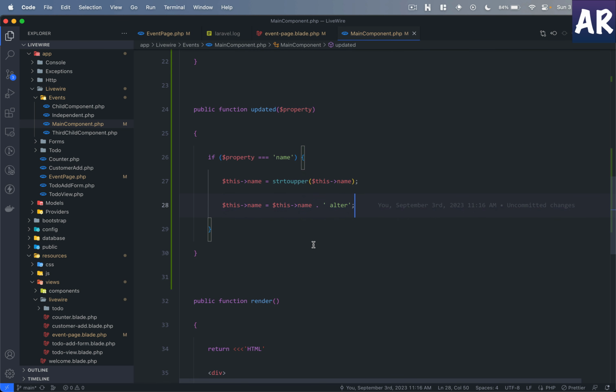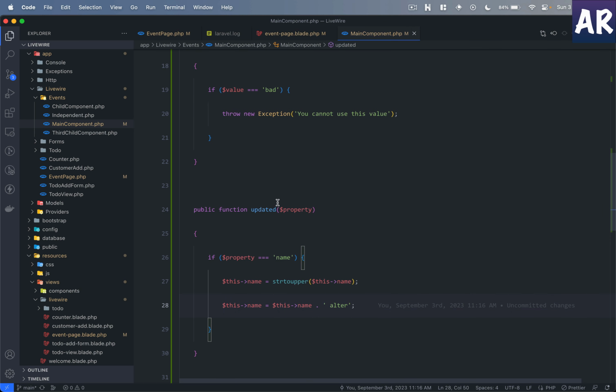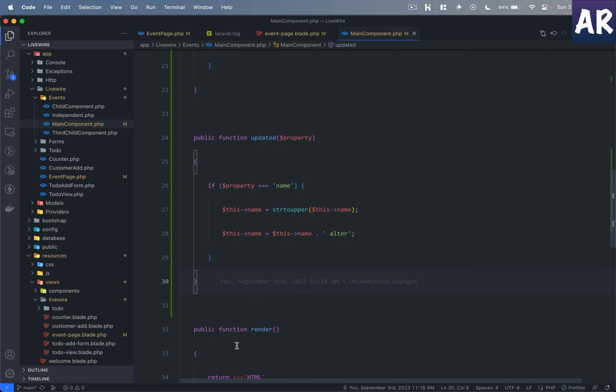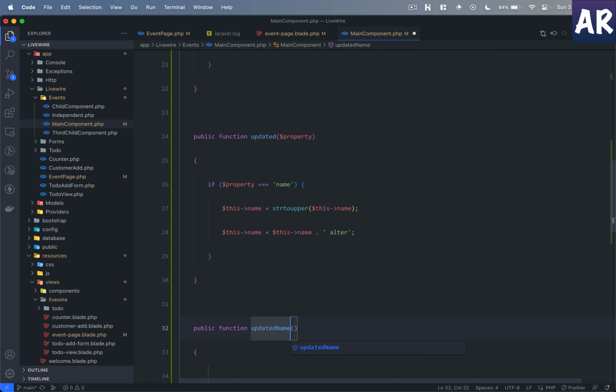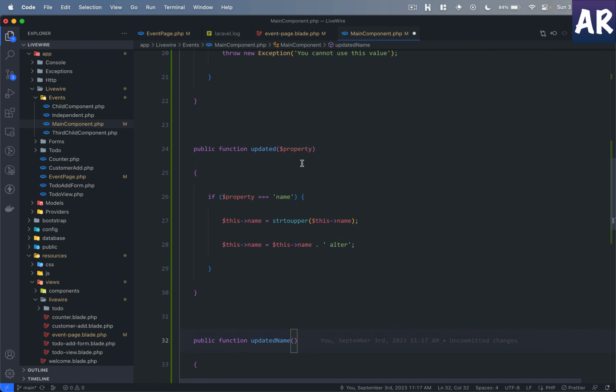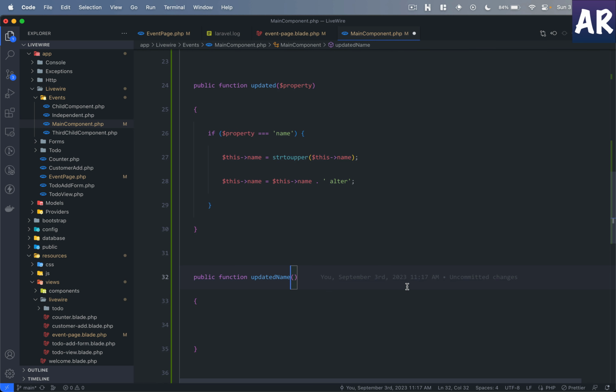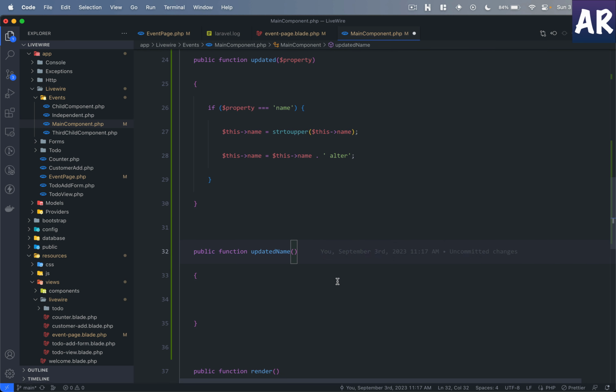There is one more way. If you see, right now we are making a conditional check on the property name, but Livewire also allows us to do something like updated and then the name of the property. In this case, what will happen is obviously we will not get the property as the parameter, because we know that it is the name property which has changed, and we can directly do this. So I'll just comment this entire thing out,